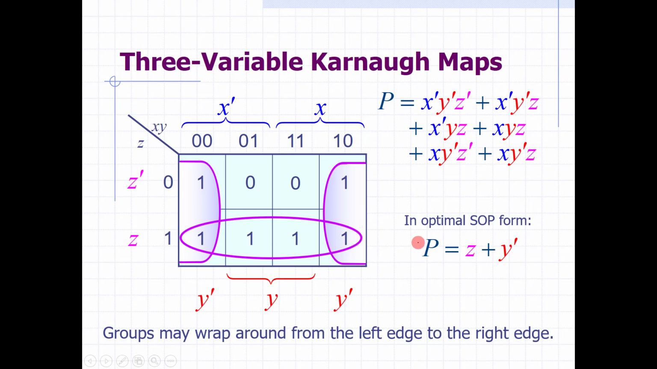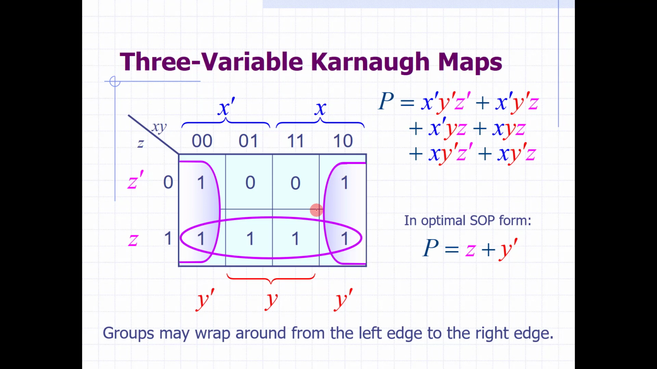We can do the same thing with the POS form. Instead of grouping ones, we would just group zeros. It's kind of neat that, in this case, the optimal SOP form will exactly equal the optimal POS form. It's not always the case that that's true just by where the ones and zeros fall. Sometimes the optimal SOP form will be a little more optimal than the optimal POS, just based on where the